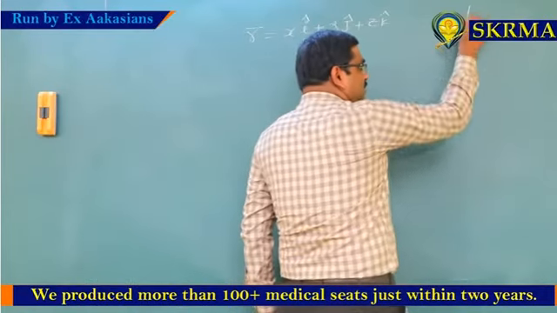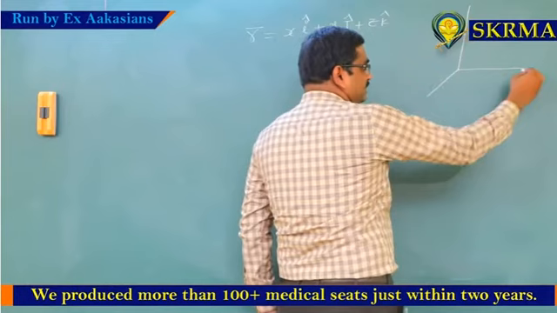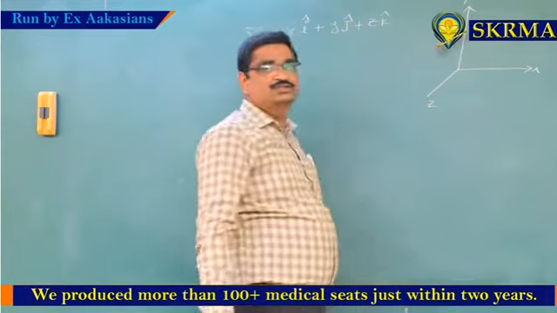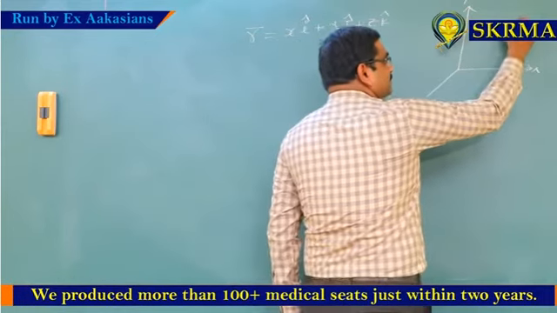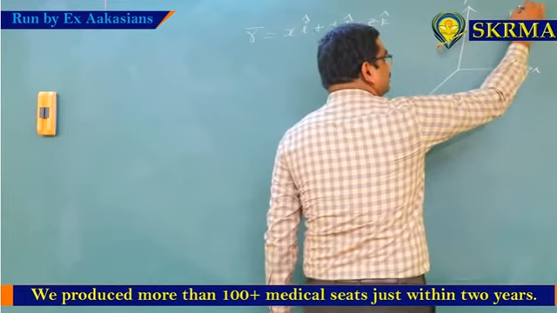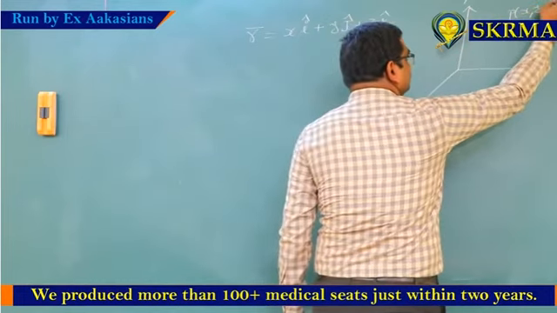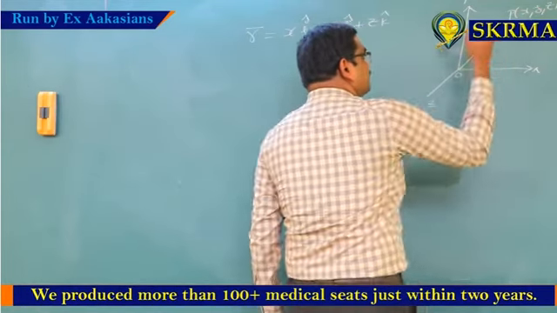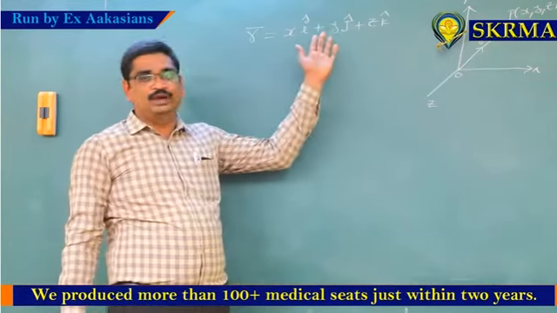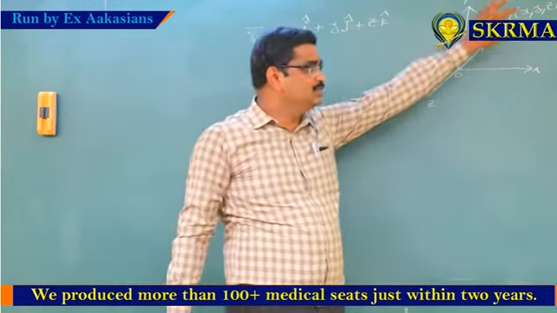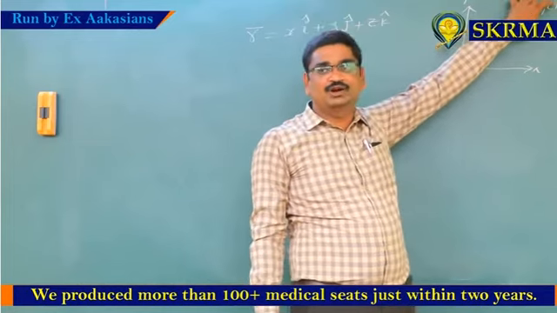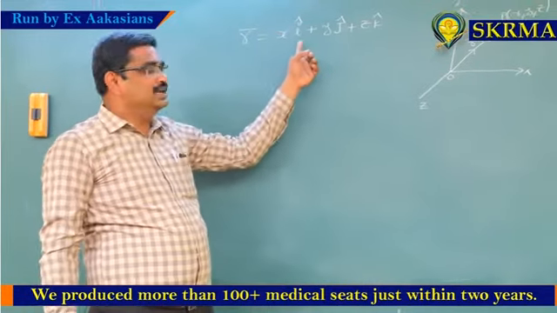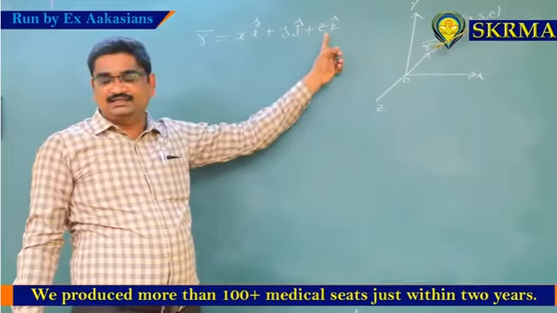Now a particle is located in space. Assume that this is the x axis, this is the positive y axis, this is the positive z axis. So this is a point P represented with x, y, z. The position vector from the origin, r bar, is denoted by x i cap, y j cap and z k cap. So this is the position vector. This is a position represented with coordinates x, y, z. The position vector can be written as r equals x i cap plus y j cap plus z k cap.